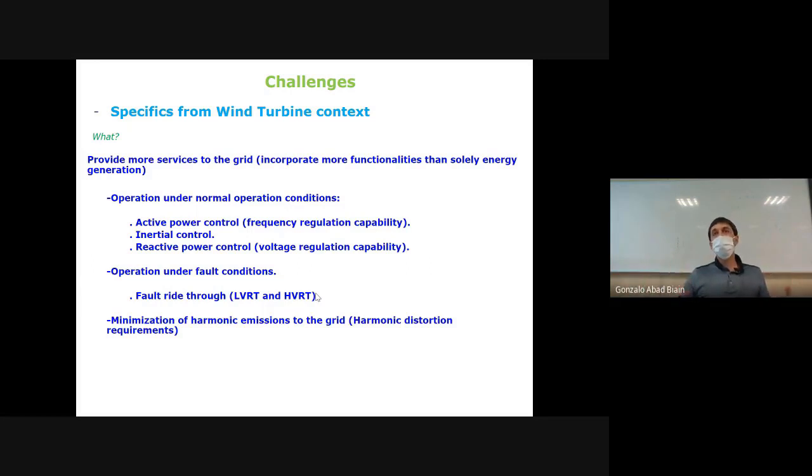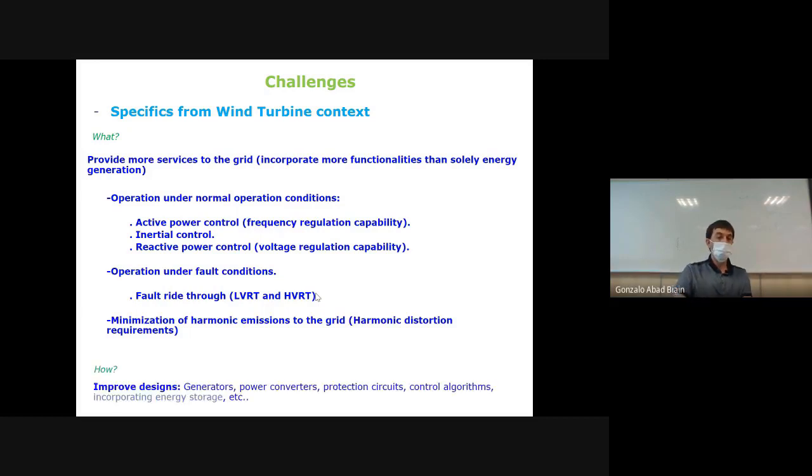So those current and voltage emissions must be minimized the more we are installing wind turbines. More installation of wind turbines, more harmonic emissions. Therefore, the harmonic emissions must be reduced. Okay, this is, according to my view, the challenges that we can find